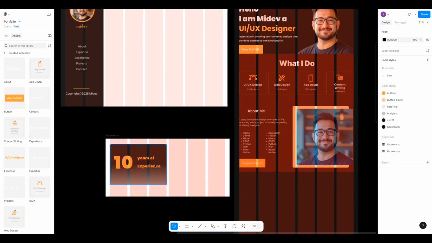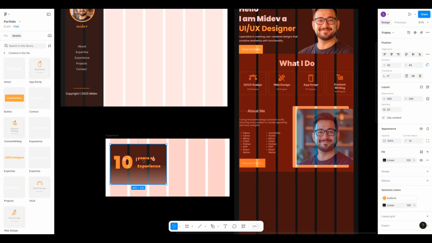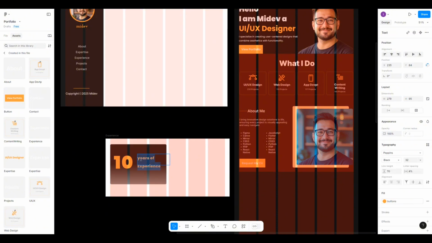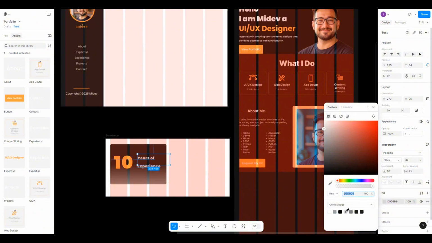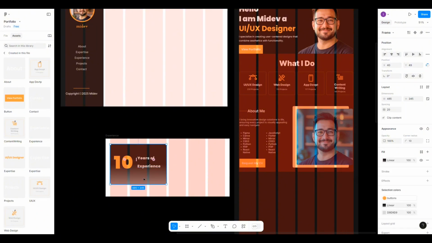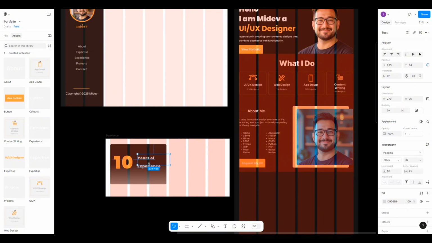So now we're going to select this years of experience and change the font color to global color, which is going to be the off-white we have for the body text. So that is this. So we leave it like that. So beneath that, we'll write just a short description of the years of experience. So we'll just say